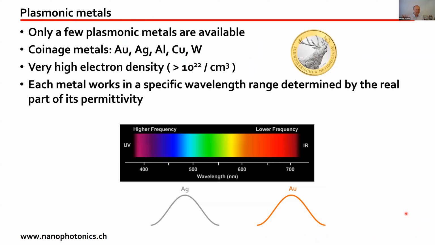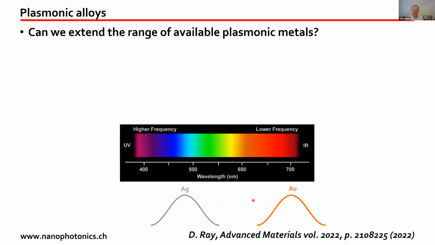So we can fabricate nanostructures. These were examples made out of gold. That's probably the metal of choice for plasmonics. It's a bit annoying if you want to do optics because it works very well in the infrared, not so much in the visible range. Silver is another material, but we see that we don't have so many other choices if we would like to tune our plasmon resonance. So a question we ask ourselves is, could we expand the range of materials with which we can do plasmonics?